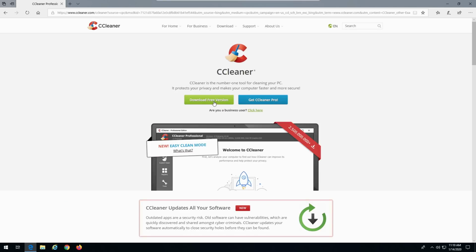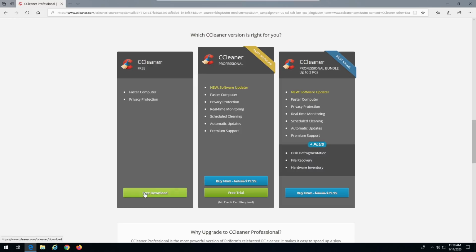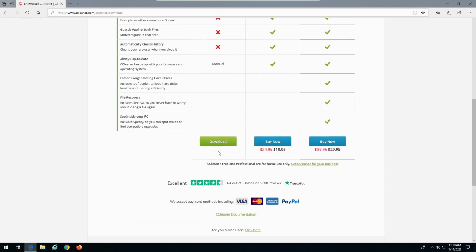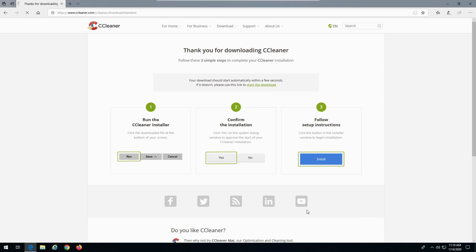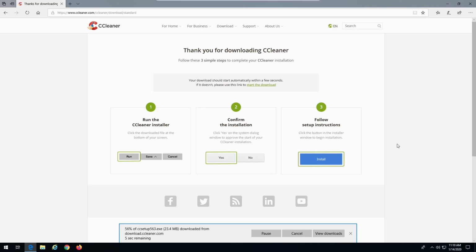So CCleaner, and if we download the free version of CCleaner, this is going to be an application that will give us the ability to uninstall a lot of the extra bloatware. Now, remember that some Windows applications will actually bring bloatware with them. I am told that CCleaner will bring Google Chrome with it if you don't have it installed, and I think that that's kind of problematic. If you download it from other third-party places, then it might come with extra things like toolbars, stuff like that. You just have to be very careful not to install accessory applications inside of a Windows installer program. Just be aware of that.